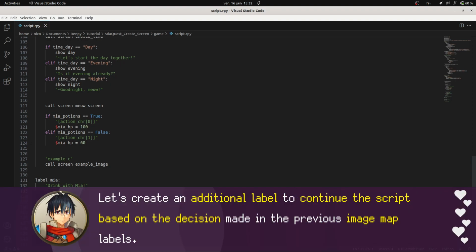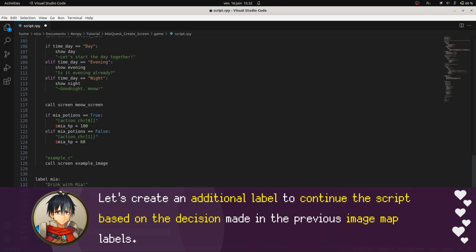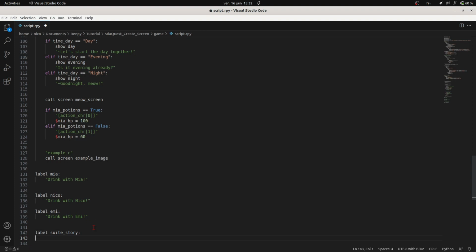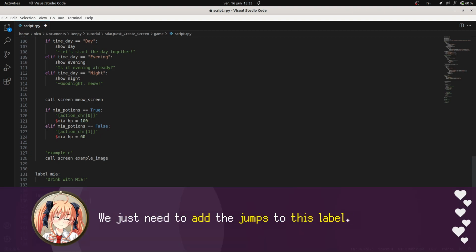Let's create an additional label to continue the script based on the decision made in the previous image map labels. We just need to add the jumps to this label.